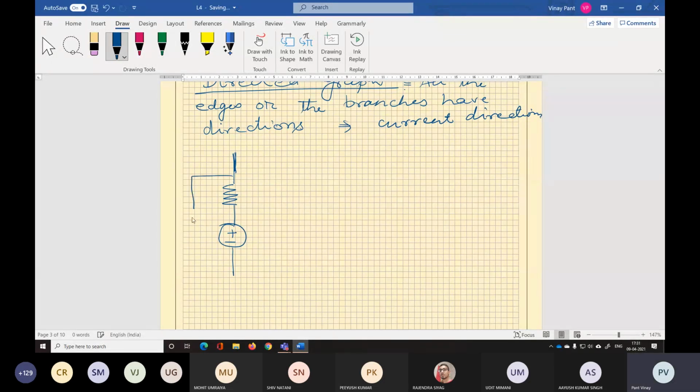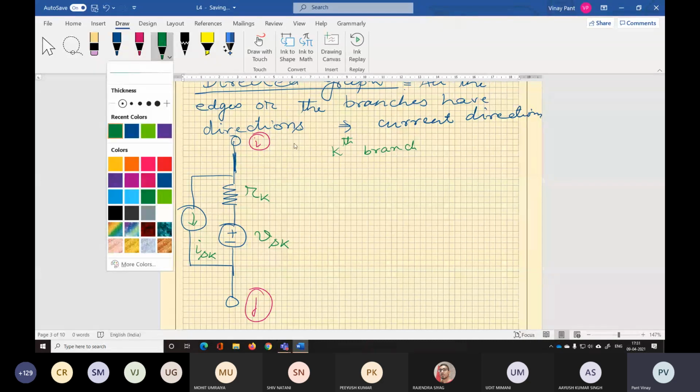This is the kth element, connected between the ith and jth node. This is Rk, this is VSK, and this is ISK. This is the kth branch.